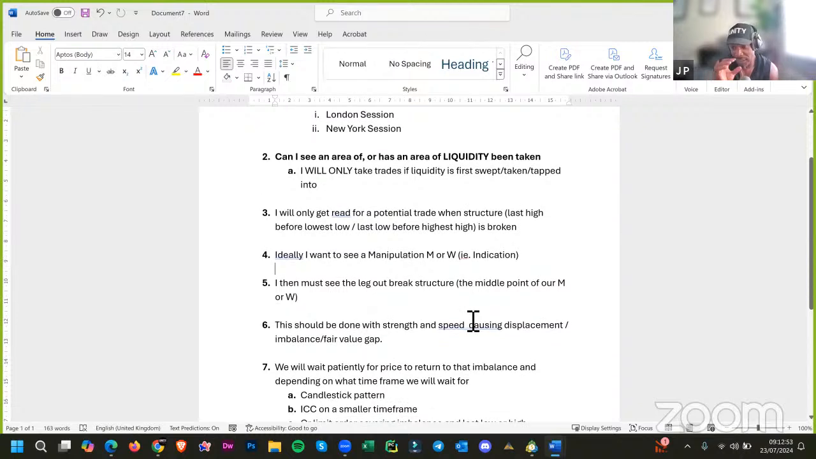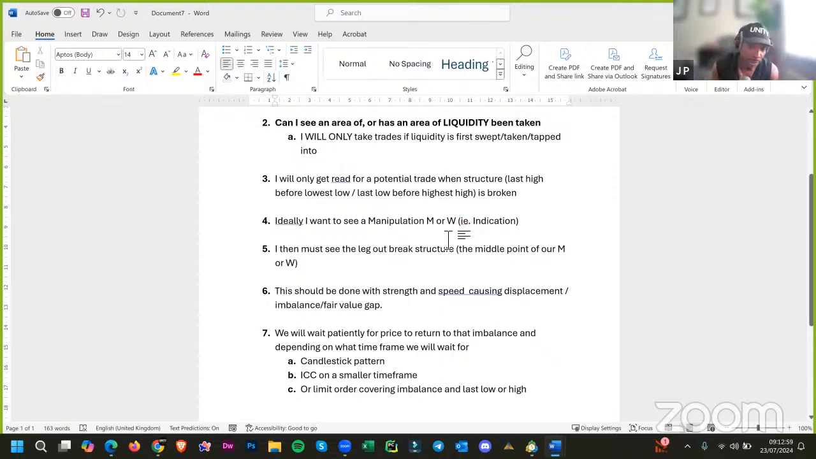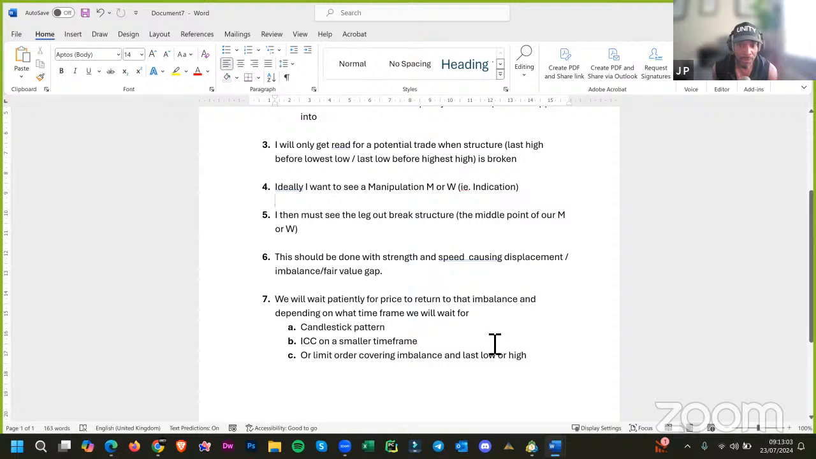the bullish candlestick zone below that wick. If you're very aggressive, you're just going to take into consideration the imbalance with your spread times 2. We wait patiently for price to return to the imbalance, and depending on what time frame, we will wait for either a candlestick pattern confirming change